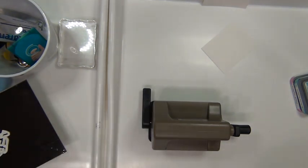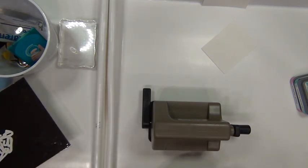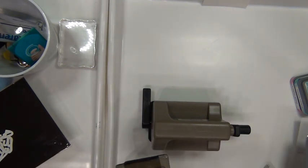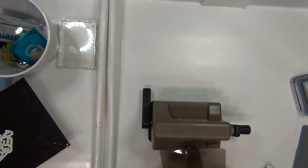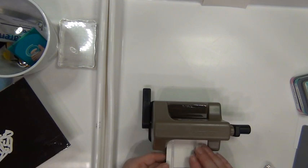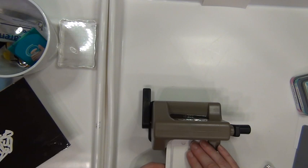But let's see if I can make something here. I'm going to take one of the tags, or just the tag die of course. And the good thing about having a small die cut machine like this is that you're actually forcing yourself to get rid of the small pieces of paper. I mean, you get a lot of small pieces of paper, don't you, when you are die cutting. So just put it here, and this one hasn't got a magnetic bottom now, does it? So all you have to do is just basically put it there, in between those brown die cutting plates, and it's nice to have it